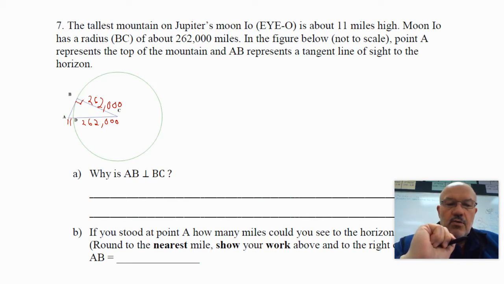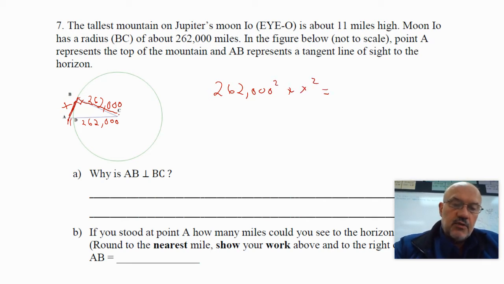Also, as you can tell, not drawn to scale. We'll call that distance x. That's the distance of your sight line to the horizon. That's the unknown part. So this is a leg right here, and this is a leg. So we could say 262,000 squared plus x squared equals the distance from the center up to A, which is 262,000 plus 11,